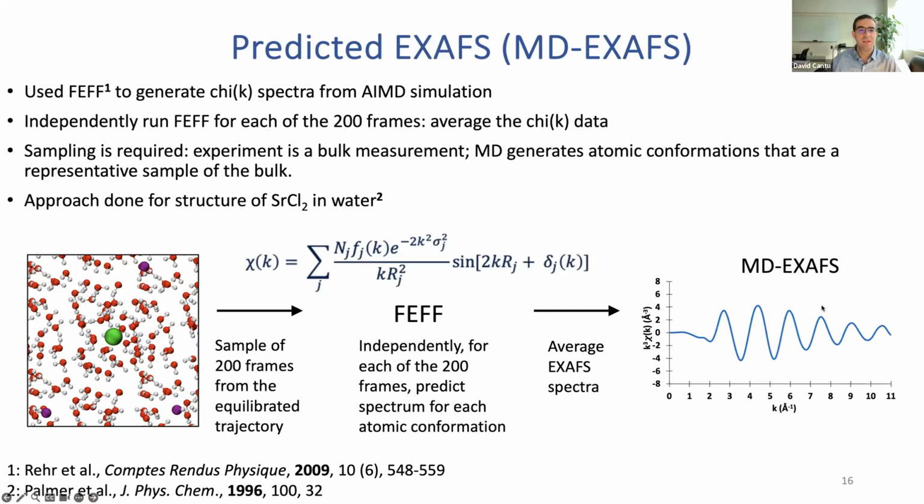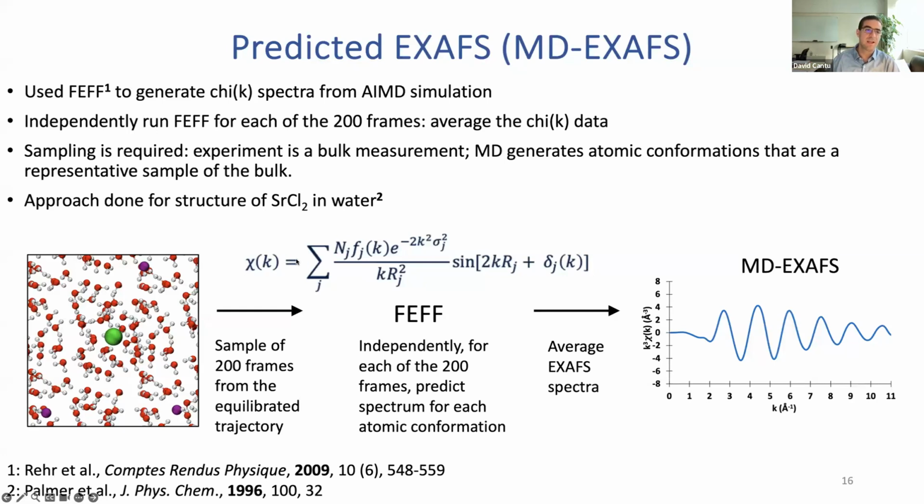But we need sampling, because in experiments, you do a measurement of many, many structures, right? That's like 10 to the 23 molecules in there. And so experiment is bulk, but MD generates atomic conformations that are just one frame. And so we need to sample from the simulation in order to generate a sample that is representative of the bulk. And so we perform the FEF,